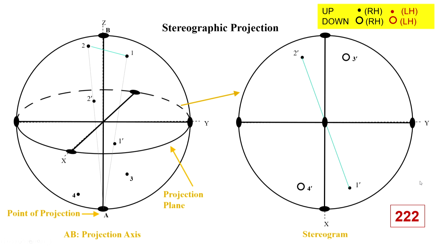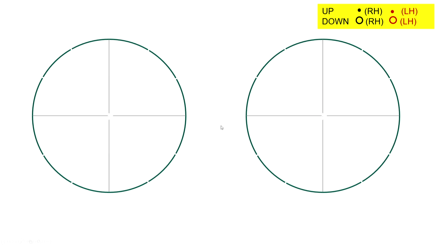And what we can do now is skip drawing things in 3 dimensions on the surface of the sphere. We just do everything from now on a stereogram, and let us start this. Let us just consider a 2-dimensional plane in which I have to show a roto inversion axis 1 bar. So, I start, let us say, with a point out here. This is in the upper hemisphere, so it is up.